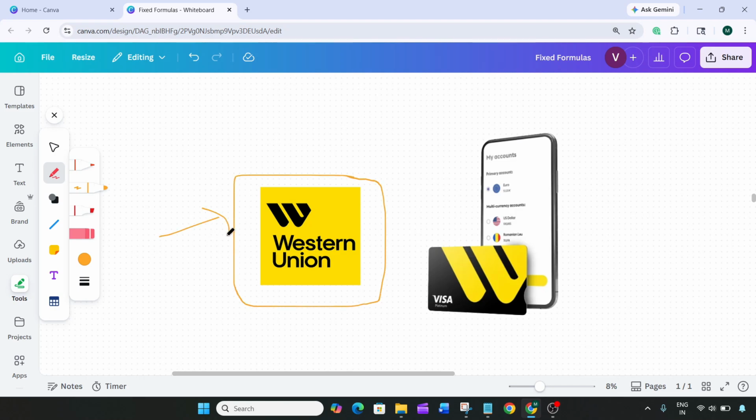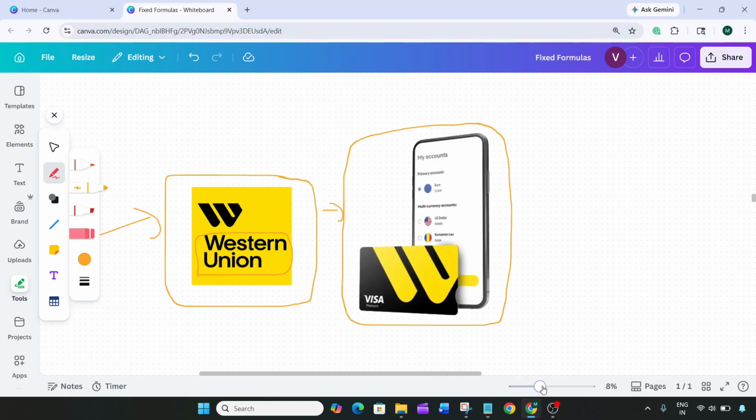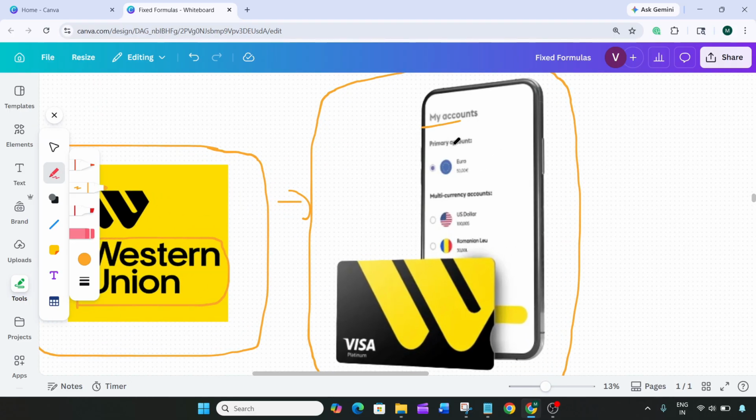Sending money through Western Union is usually quick and convenient, but sometimes you may need to cancel a transfer, whether it was sent by mistake, the receiver hasn't picked it up yet, or your plans simply changed. The important thing to understand is that cancellation is only possible under certain conditions, especially if the money hasn't already